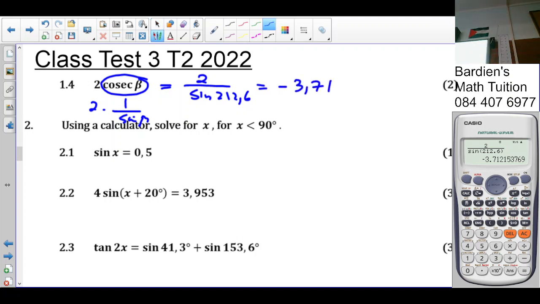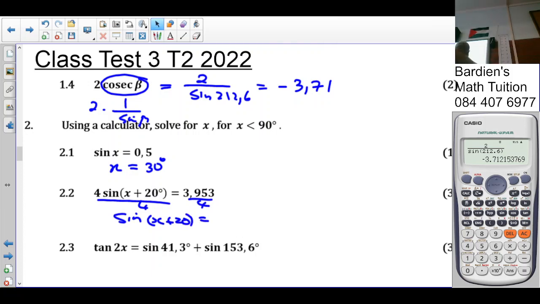The next one, using a calculator, solve for x. So what do we do here? You arc sine, you get 30 degrees. Not so. The next one, I must first divide by 4. So sine of (x plus 20) equals